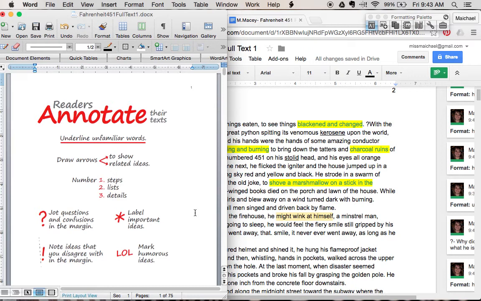Now, one of the important things is do not mark what you think I want you to mark. Okay? I want you to be true to yourself in these annotations. I want you to mark things that stick out to you, that confuse you, that seem funny to you. And the cool thing about this is that your annotations are going to be the beginning of our classroom discussion.